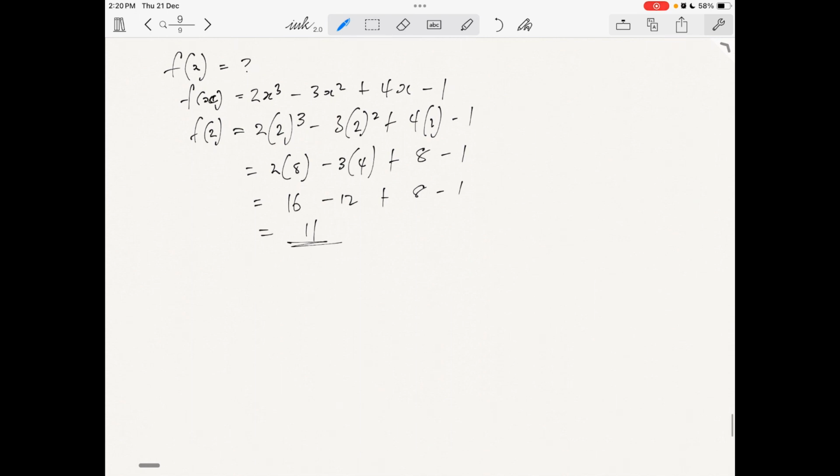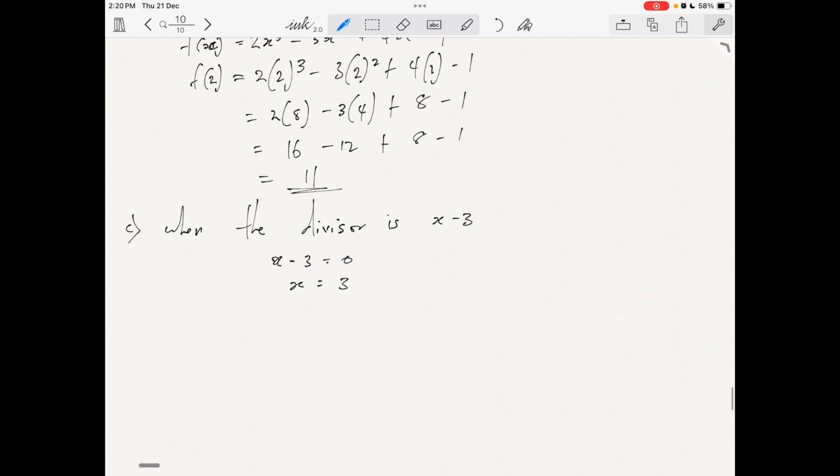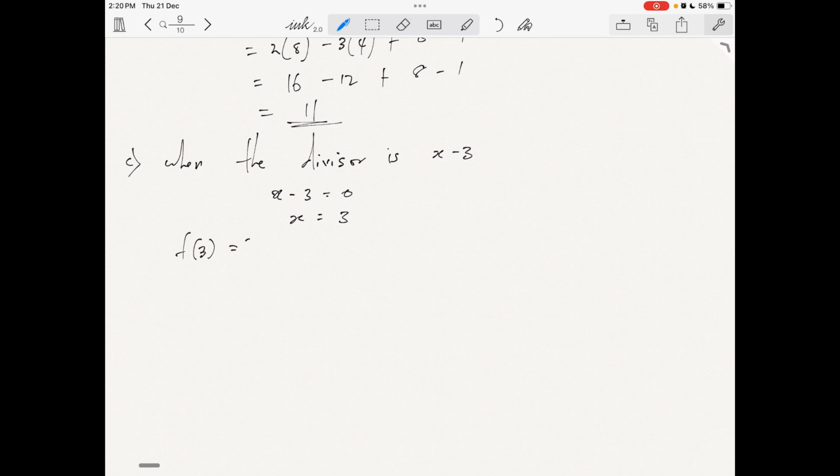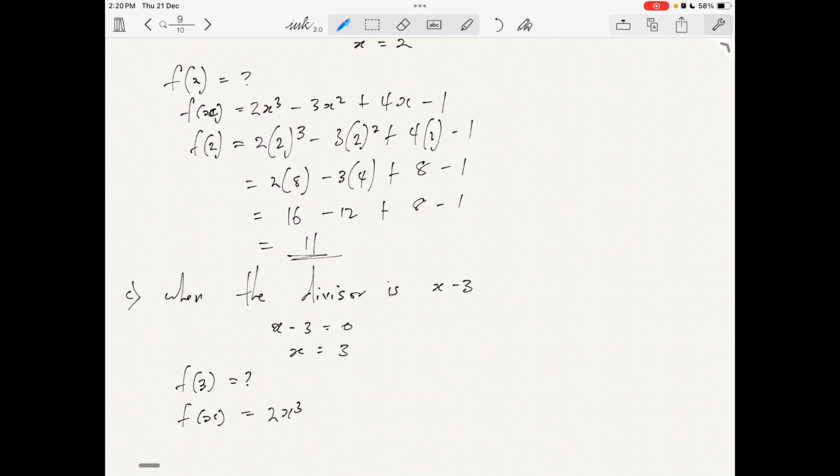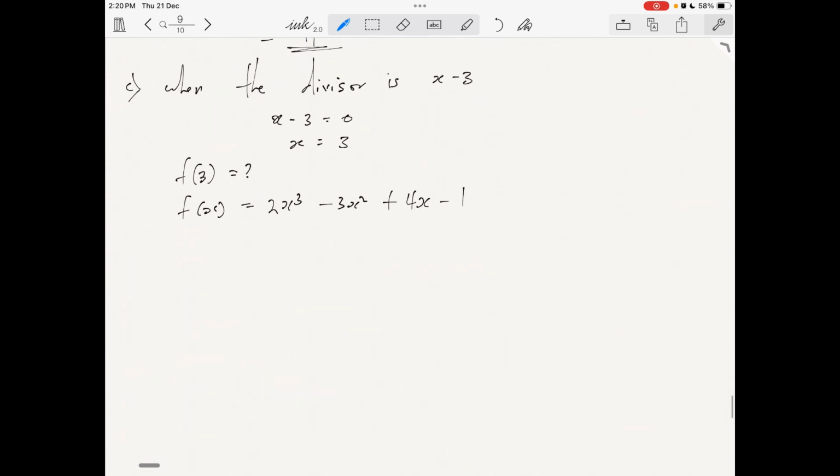And let's do the last one. When the divisor is x minus 3, so we just equate x minus 3 to be equal to 0, so my x is equal to 3. So we are looking for f of 3, right? And we recall that our f of x is 2x raised to power 3 minus 3x squared plus 4x minus 1. So we substitute 3, so our f of 3 will be 2 into 3 raised to cube minus 3 into 3 squared plus 4 into 3 minus 1,